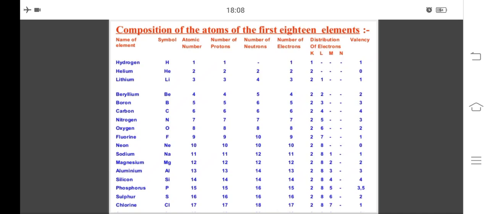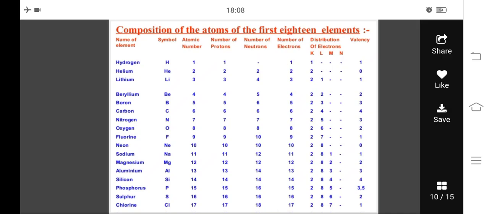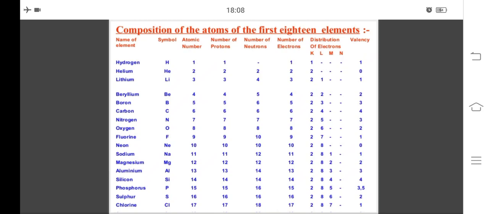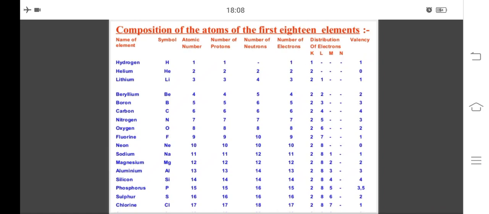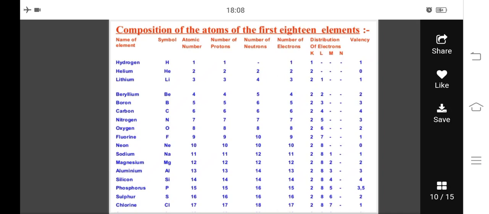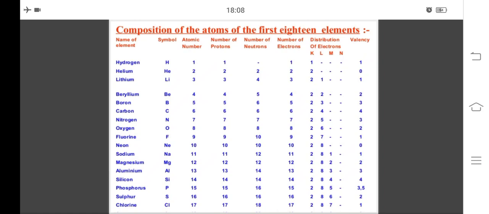Now the electrons of helium are present in the K shell. K shell has a capacity of 2 electrons and this capacity is filled because there are 2 electrons in the K shell in case of helium. So now the shell is filled. So helium is a noble gas and thus it has a valency of 0 because अब उसकी शेल कंप्लीट हो चुकी है, ना तो वो कोई इलेक्ट्रॉन लेना चाहता है और ना ही वो कोई इलेक्ट्रॉन देना चाहता है. तो इस केस में हम कहते हैं कि वैलेंसी 0 है. Okay, and every atom tends to occupy such a state, मतलब वो अपनी वैलेंस शेल को कंप्लीट करना चाहता है.